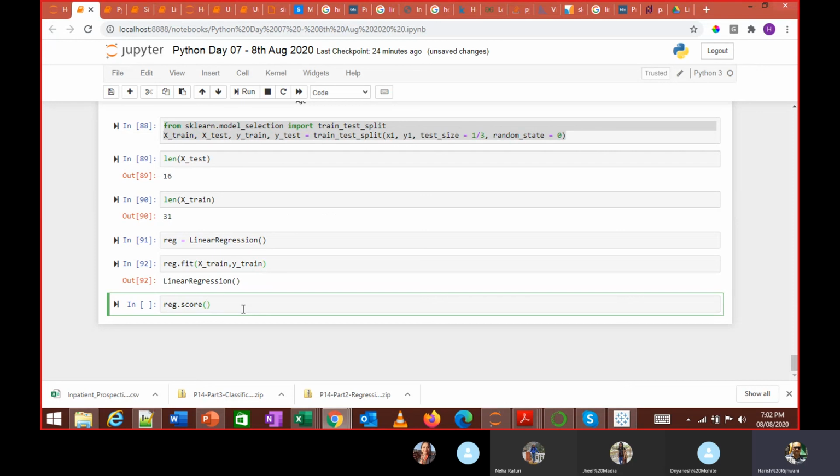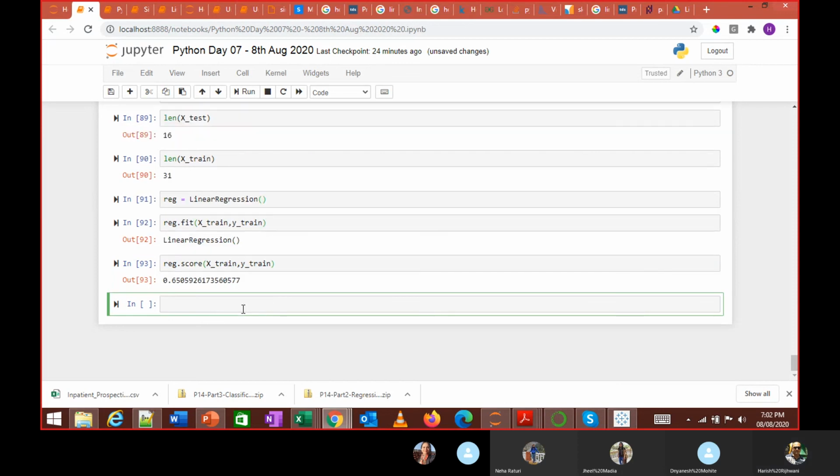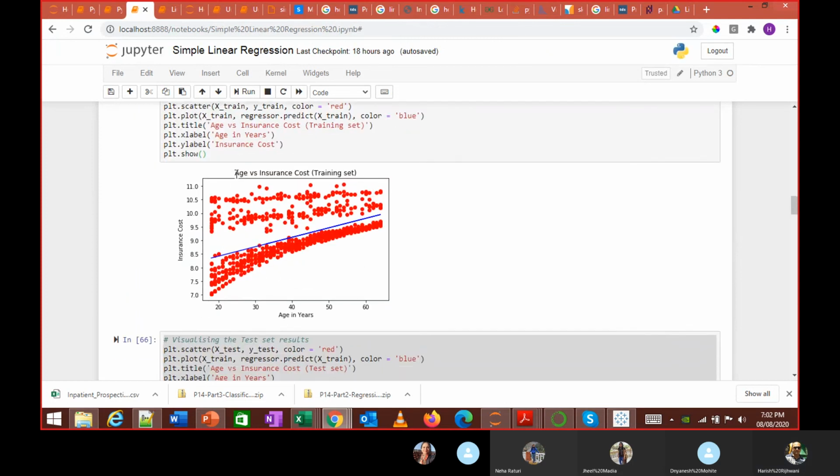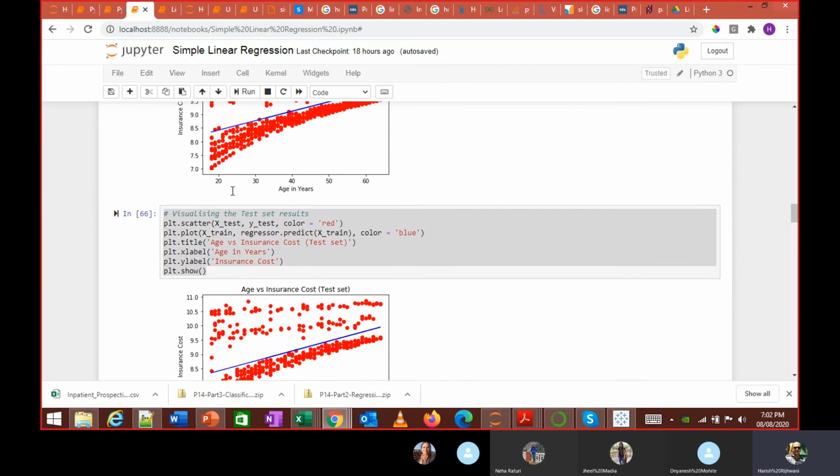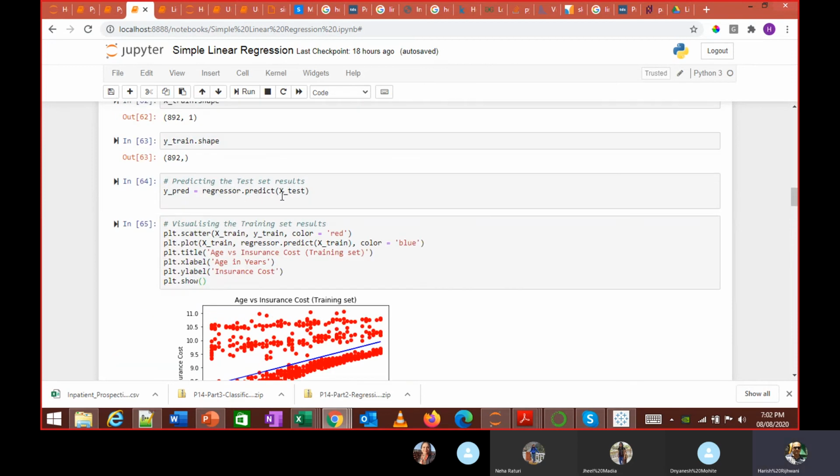Okay, and I'll use this x train and y train. So here, since I reduced the data, the r square value became 0.65. Makes sense? Because I used less data. If I'm using more data, the r square value is better. Does that help? Does that give you an idea?